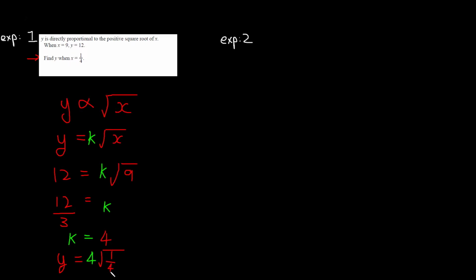1 over 4. Therefore Y is equals to, write this, the next new line of equation. Y is equals to 4 times square root 1 over 4, which is actually 1 over 2. So y is equals to 2. Okay, for this question, directly proportional, this is the relationship, this is the equation, and then this is the k